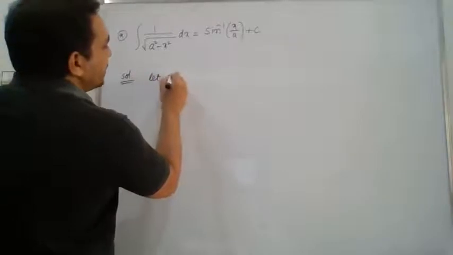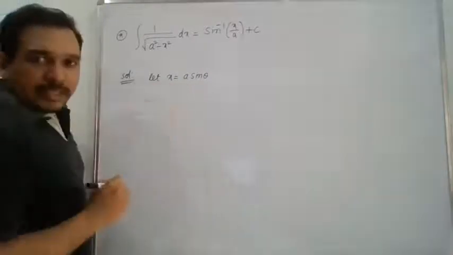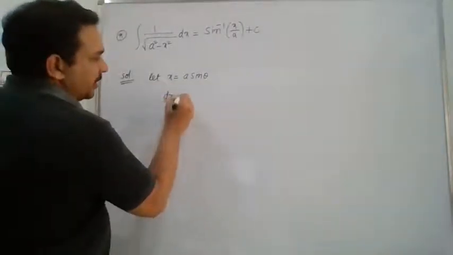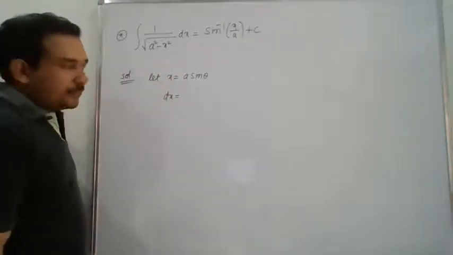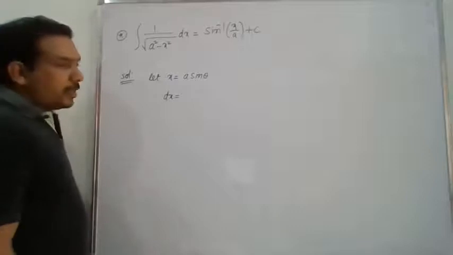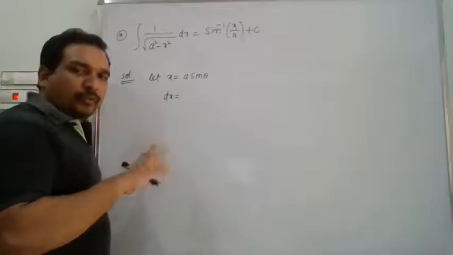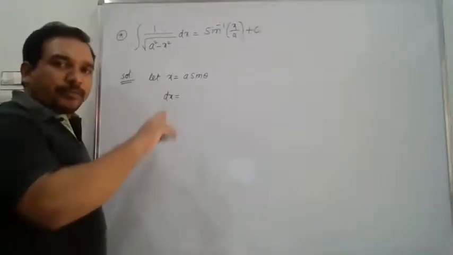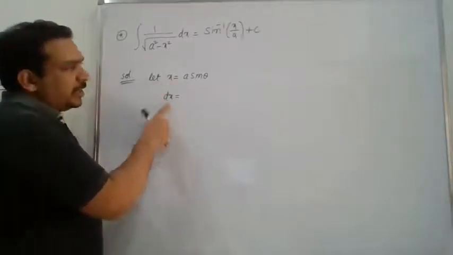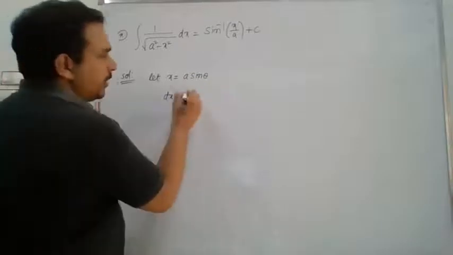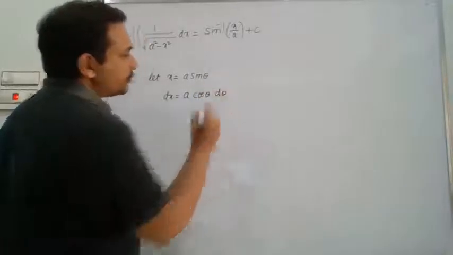So let x is equal to a sine theta. Let this x is equal to a sine theta. Then what is dx? Means you are differentiating on both the sides, left side with respect to x and right side with respect to theta. Or you can say that both the sides you can differentiate with respect to x, or both the sides with respect to theta. After that you can exchange d theta and dx, or directly do the differentiation of x is dx, do the differentiation of sin theta with respect to theta. a is a constant. Differentiation of sin theta is cos theta into d theta.